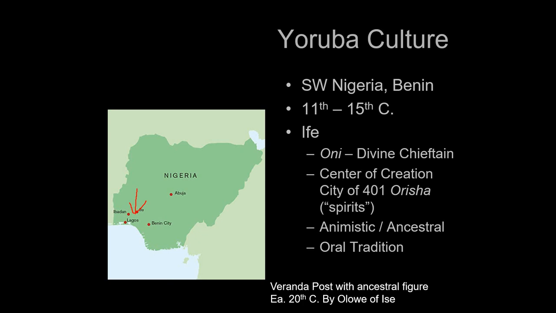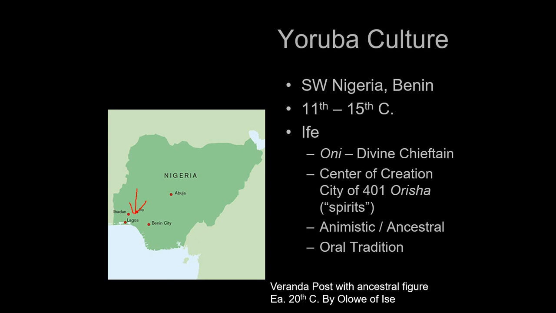And so then it falls to Oduduwa, and I hope I'm saying that correctly, he is the one that takes up creation, and he draws a chain down from heaven down to the primordial waters and draws up the earth. And so literally they believe that Ife is the center of the universe and is chained to heaven. Ife is called the city of 401 Orisha, or spirits, and 401 is a very significant number in their belief system. So it's a religious center, and it is a religious center to this day.